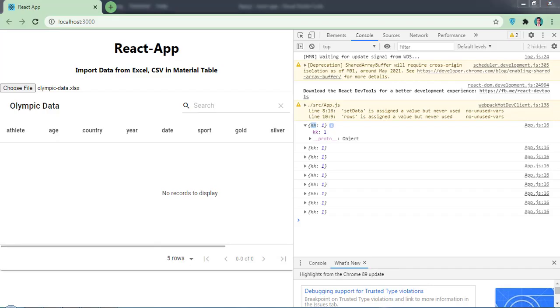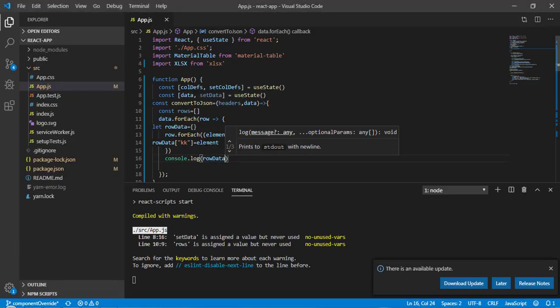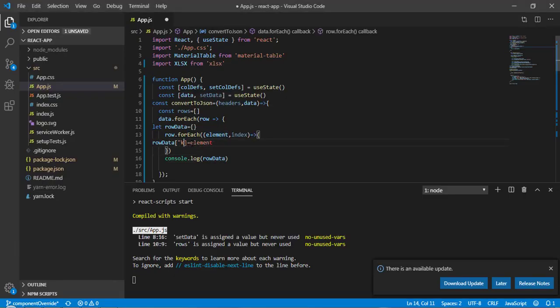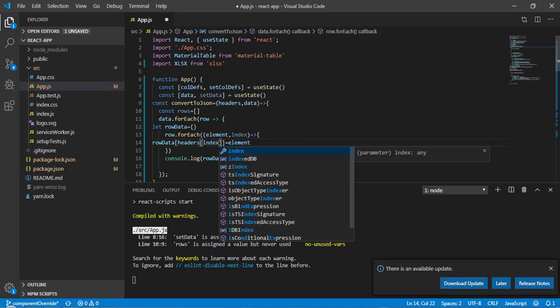Now it has to be a dynamic one. For that, I will pass this header, and you remember that header is an array. So inside this I will pass the index.